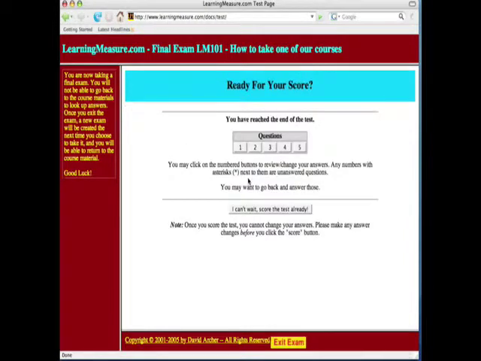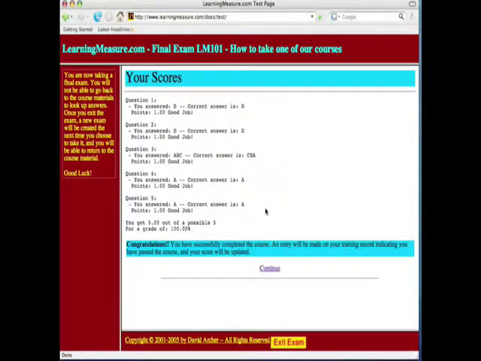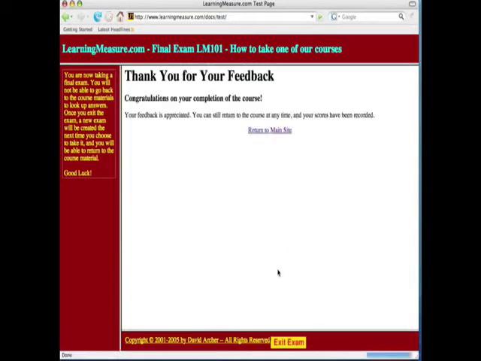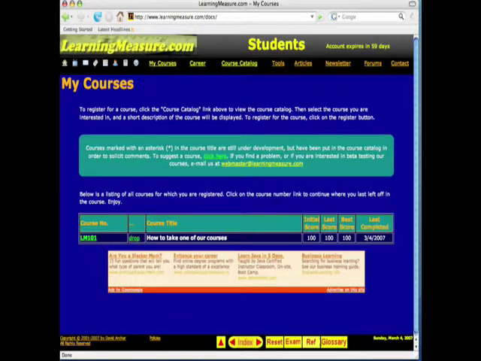And when you get all the way to the end, you can go back and look at questions, but then at the end you hit this button here, and it'll score the exam for you. And if you get more than 80%, it'll consider that you passed the course. You hit continue, and here's where you submit feedback for the course. You can say the course was good or the course was bad, or you think we should have added something else, or it would be nice to have this in there, that sort of thing. So you submit the feedback and return to the site.